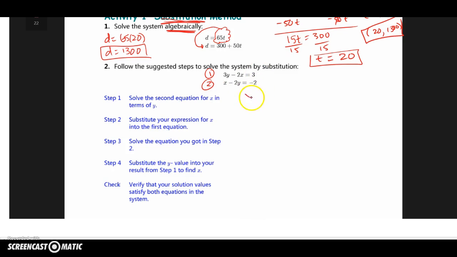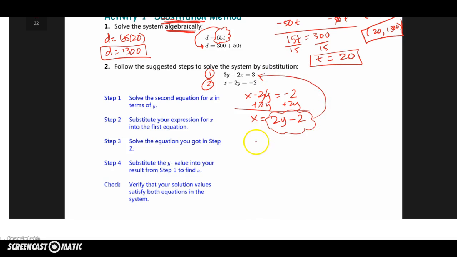So I'm going to take the second equation and get the x by itself because that's the quickest thing to do out of the two equations. Once I have that, it says substitute your expression for x into the first equation. Yep, I need to get this guy and plug it back into the equation that I have not used yet, which is equation 1. So I have 3y minus 2, drop in the expression for x, 2y minus 2 equals 3,